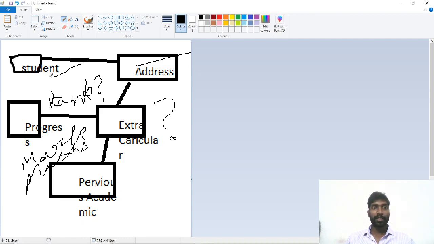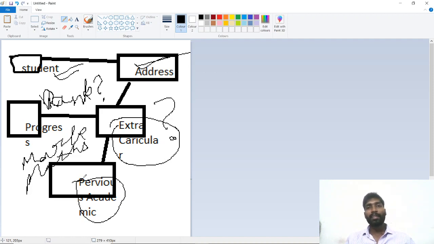Again I am saying, I want the student name, student address, his rank and his mark in mathematics, both these details are in progress, and in which game he is participating. I want that information also. After that, in previous school, which rank he got, what is his total rank.